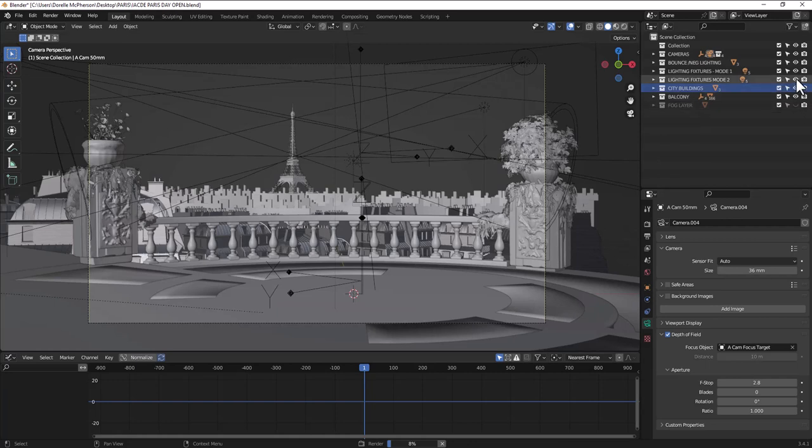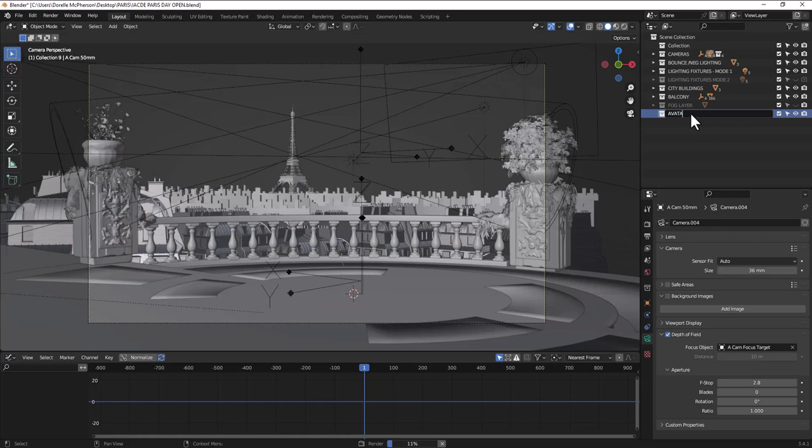You also have a fog layer, which should stay off if you don't need to see it in your solid view. It is in the render view because the camera is active. So in addition to depth of field, you also have some slight fogginess over the buildings in the area of your photo. So right now we're going to go ahead and create another collection, and we're going to rename this